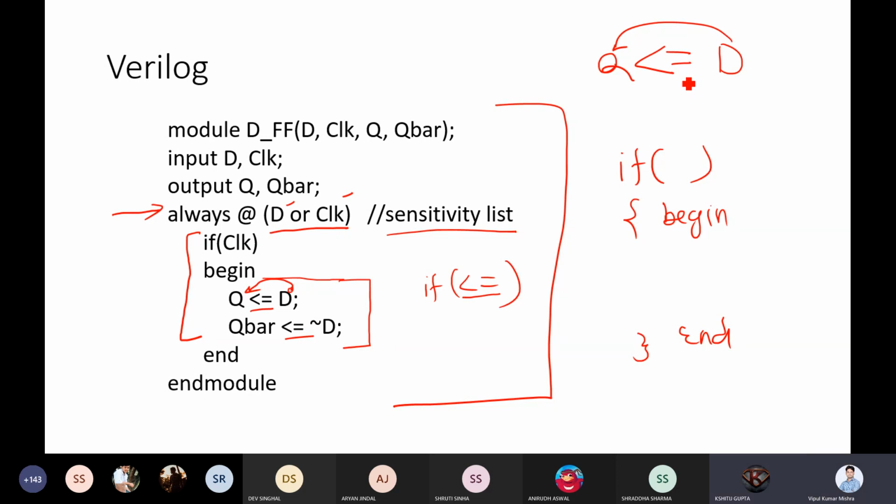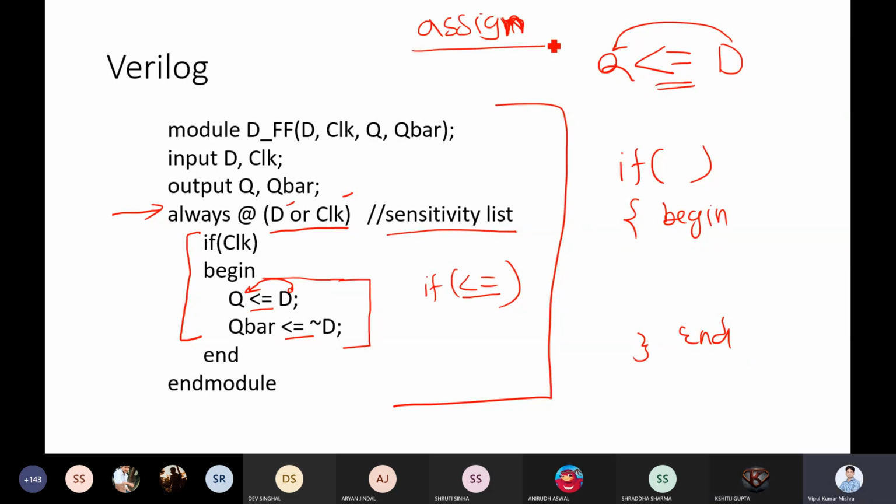Got it? Sir, can't we use assign? This is the way it is defined in Verilog. Whenever you want to transfer a value from one to another, we use this syntax. Is it different from assign, or are both the same? No, no, this does not act as an assign. Assign will go to the behavioral structure. Here we are just transferring the value.